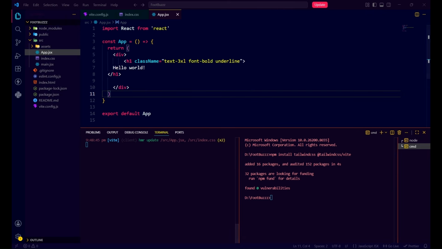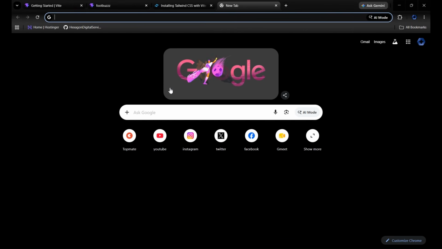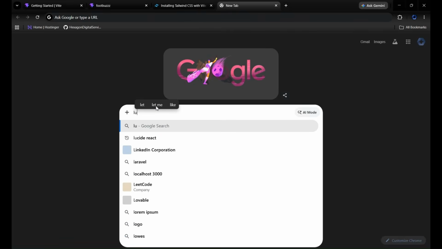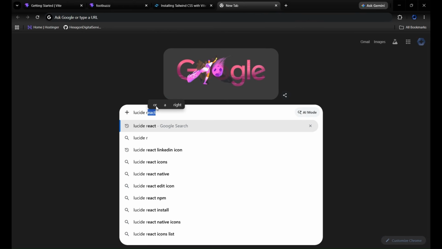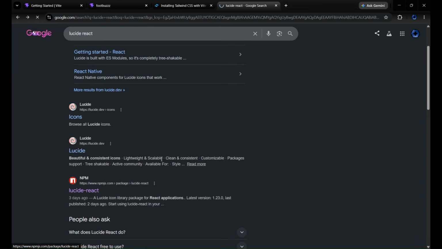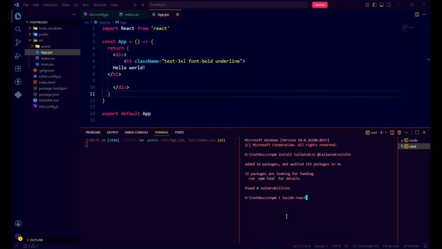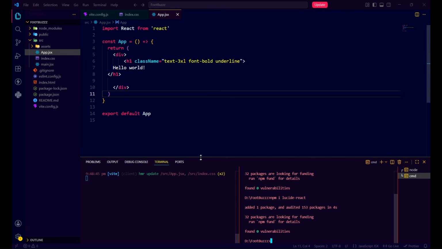Now in our project, we'll use Lucide React icons. So for that, let's open a new tab here and search for the Lucide React. Now click on this link and copy this command, and let's go back. In your terminal, paste this command here and it will install all Lucide React packages. So after that,